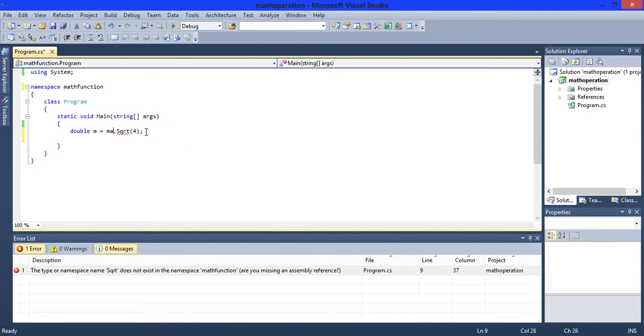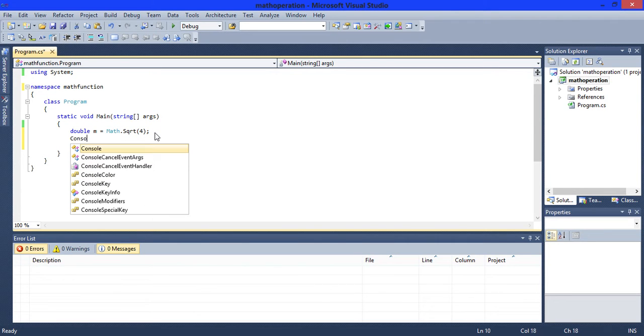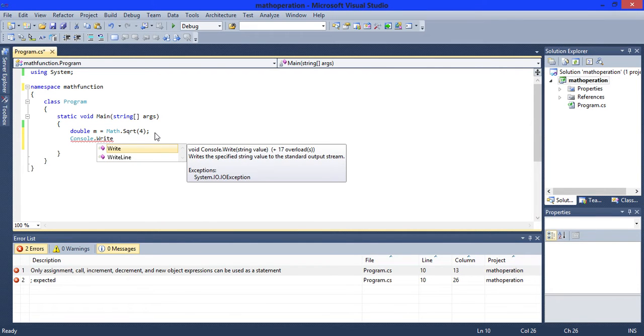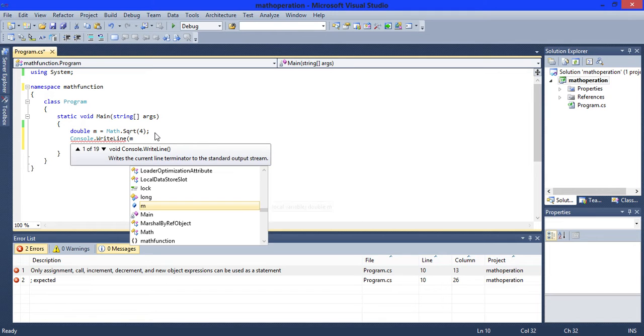Sorry, write here math.sqrt. Now write here console dot write line m.